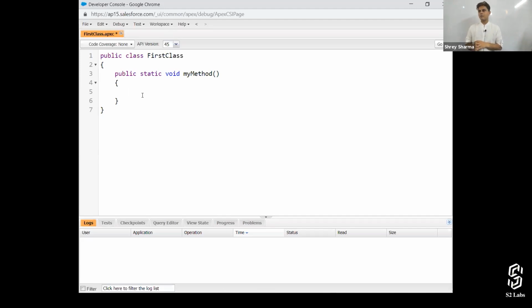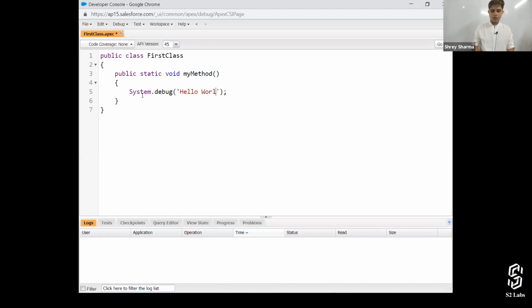So in C, what was the statement to print anything onto that terminal? In C++, in Java? Exactly. In Apex, it is system.debug, and it will get executed into the debug statements, because there is no terminal or something like that. What do you want to write down?